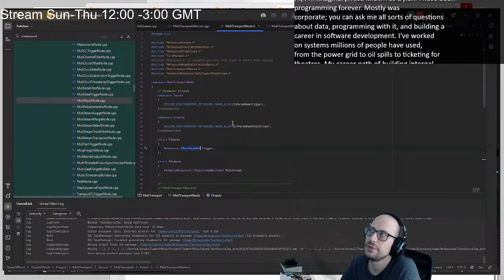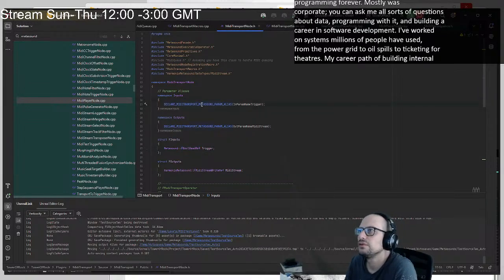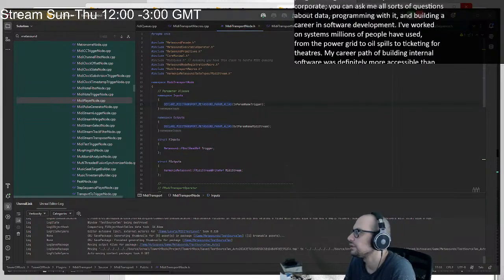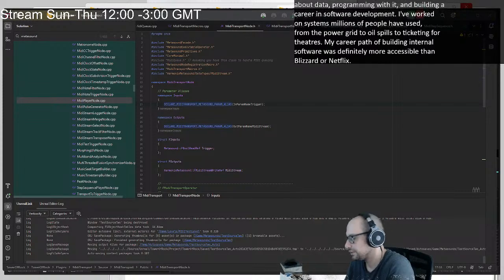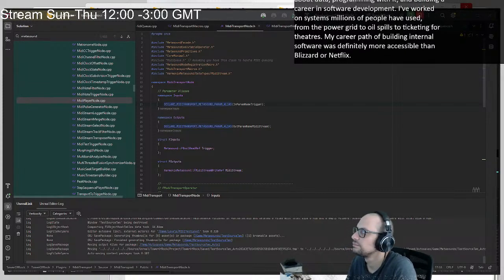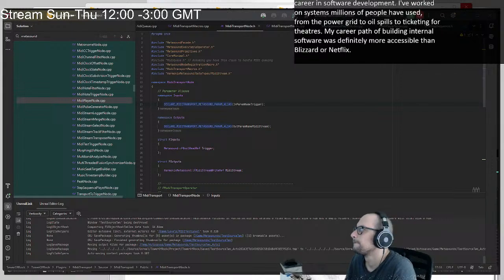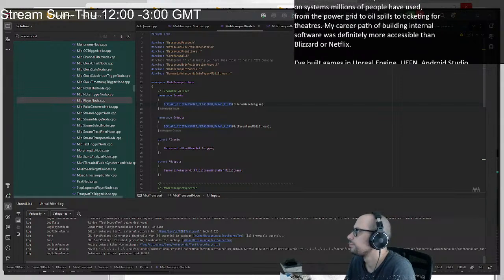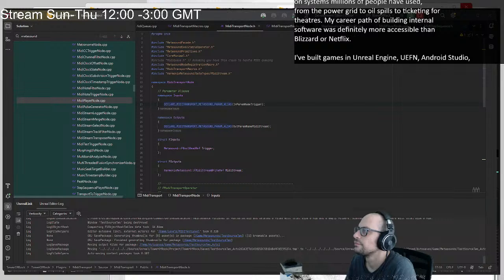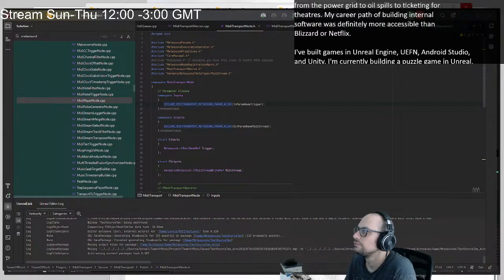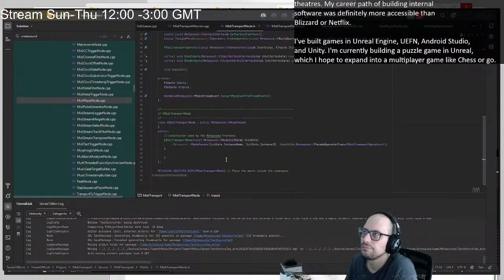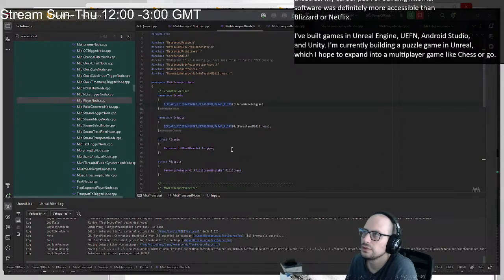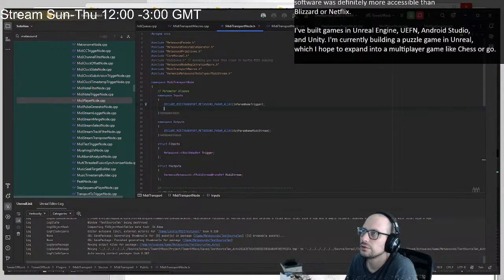I shouldn't have called this MIDI transport node, because that is a confusing terminology, but yeah. Let's see here. Yeah, so now we trigger